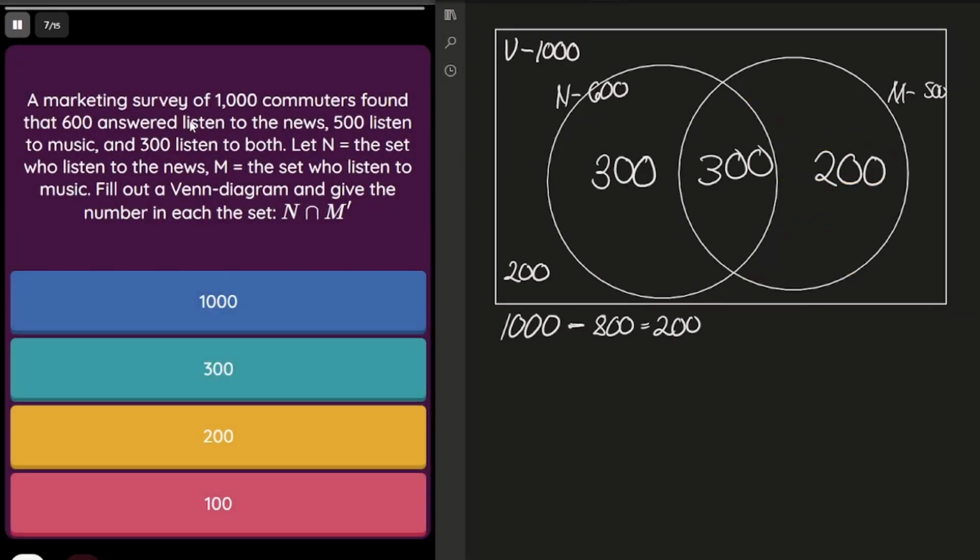Question number 7. Same given, different problem. This time, we're looking at the intersection of N, intersection of the complement of M. Same procedure. The complement of M is outside of M, intersecting N. So the shaded part is this. So the answer should be